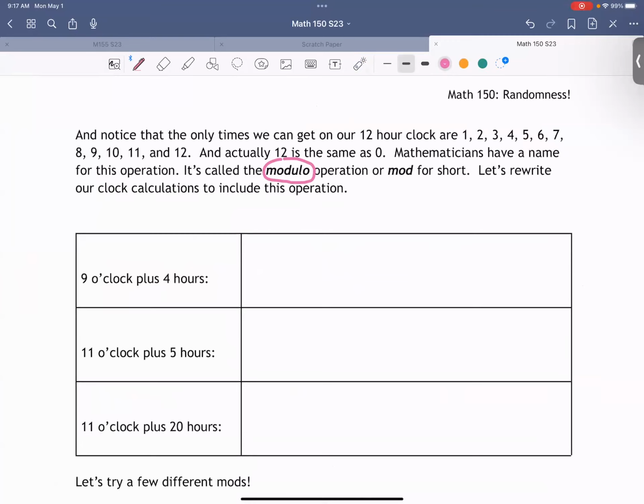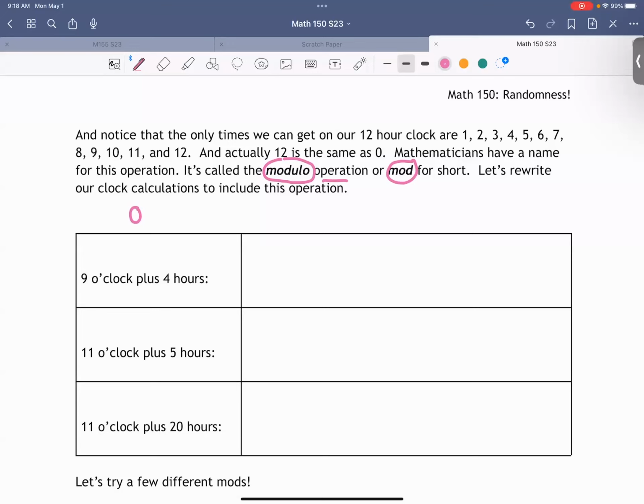Yeah, I feel like if you have any friends that are like in computer science, they use modulo a lot. It's kind of a trick to get a number smaller but mean the same thing. Another way to say it is a mod. Okay, so modulo, mod, that's what we mean. Okay, and when we talk about a modulo operation, operation is just like adding, subtracting, whatever. What this does is it takes a number and it makes it smaller, and in particular, it makes it one of the numbers between, well, in this case, 0 and not 12, but 11.